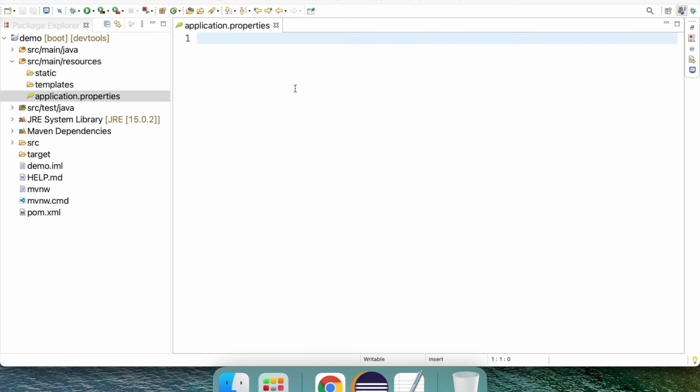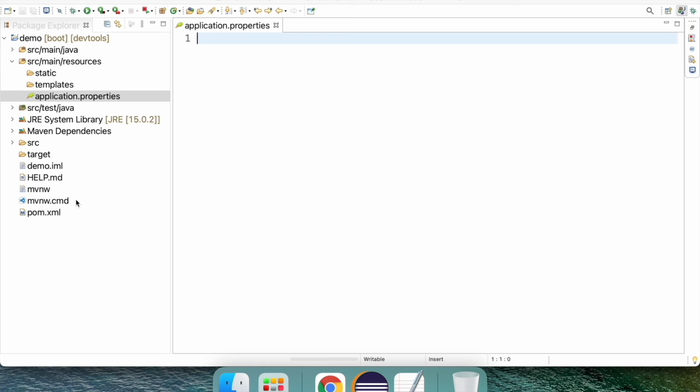Here we'll have the key and value pairs. These pairs can be the Spring defaults and user defined also, so you can have your own customized key value pairs. For example, let me create a default key value pair.